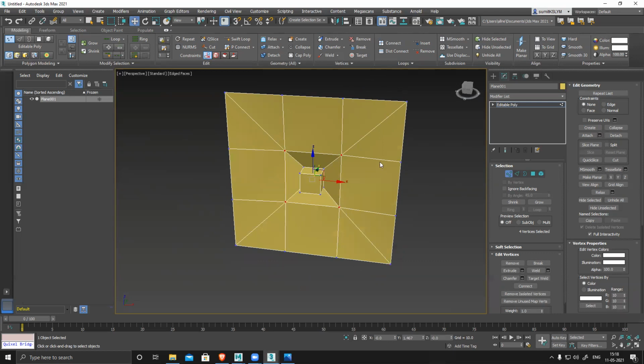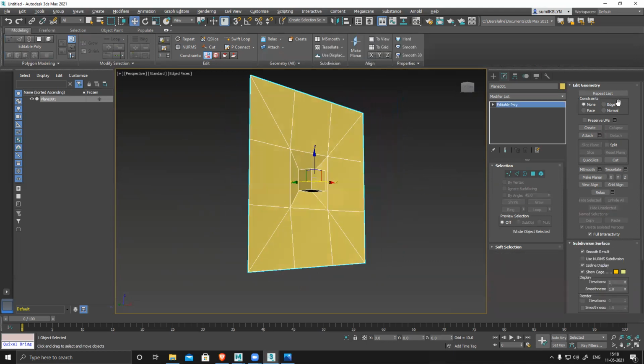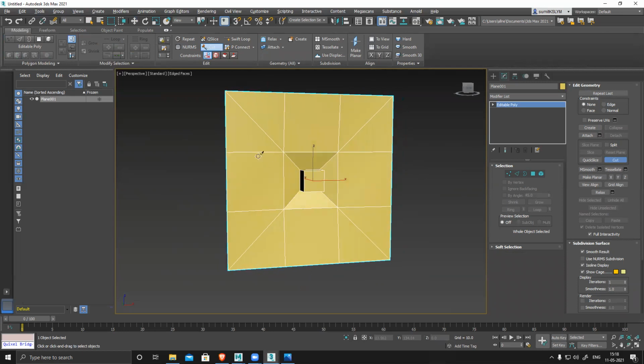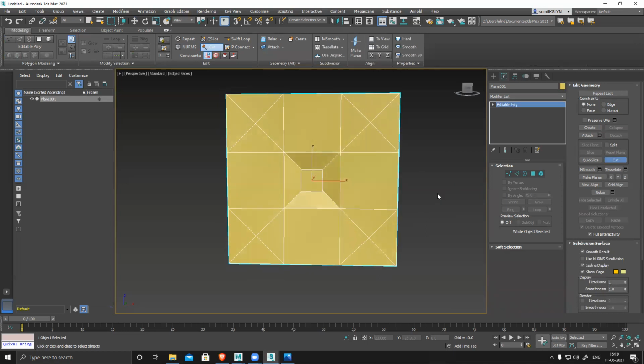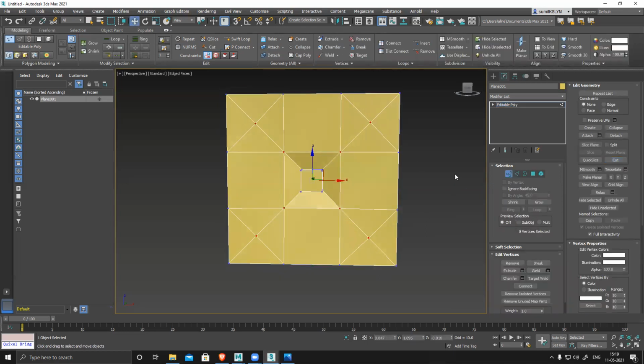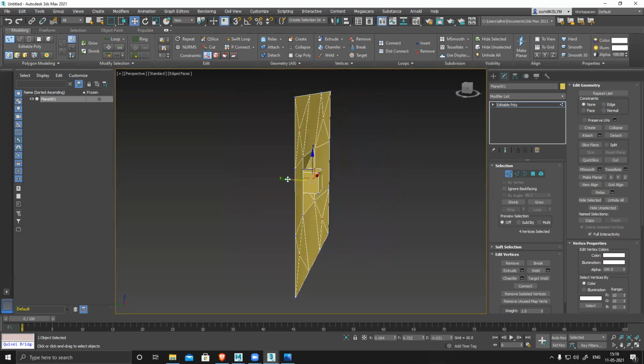So what I can do is cut, cut, basically every alternate point, alternate boxes. I'll create this. All these vertices, push them slightly out.